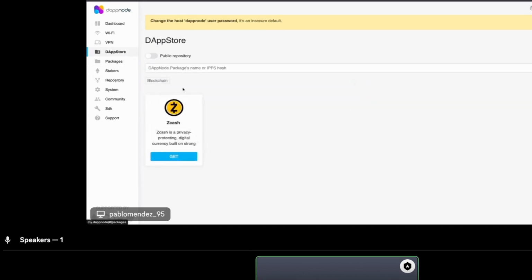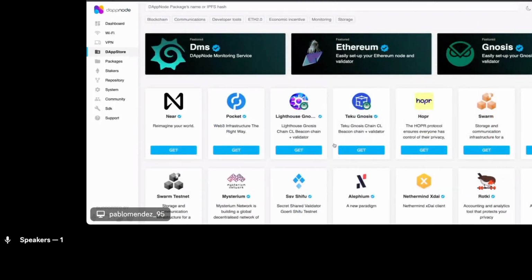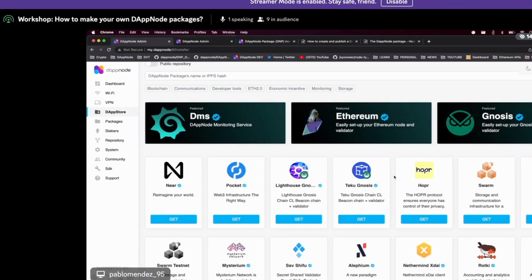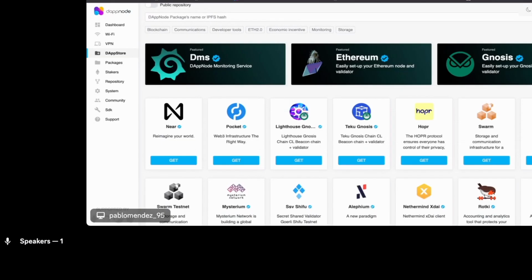So if I go to the dApp Store, here there are all of these dApps. We used to call them DAppNode packages. And this is basically a smart contract where each of these DAppNode packages has an ENS name. Not sure if you are familiar with ENS, but it's the same as the DNS for the web, where IPs are mapped to names. But this is for Ethereum, where addresses are mapped to DAppNode packages, and each of these corresponds to an IPFS hash.